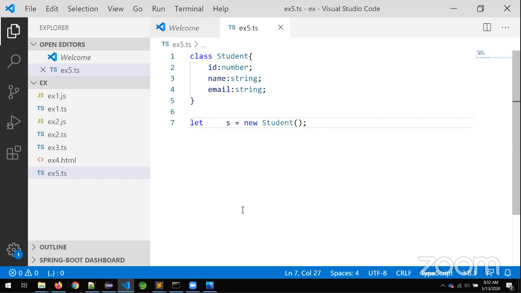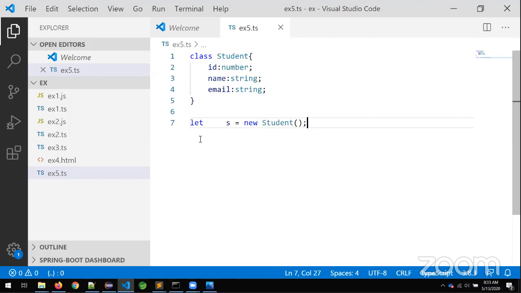Now, how to represent the encapsulation? By creating a class. Very good, sir. Very simple.